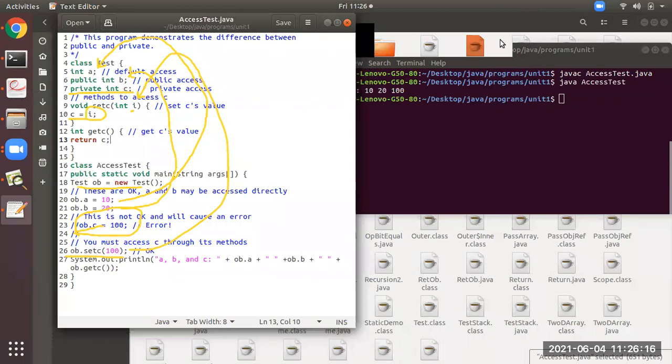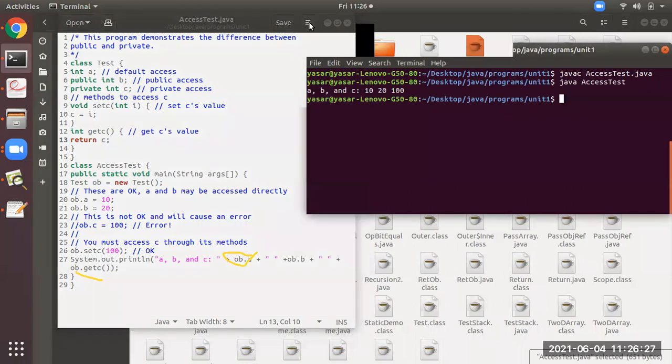Now, similarly, how to fetch the value? Please observe here. ob.a will display the value 10. ob.b will display the value 20. But ob.getC, we have to call it.